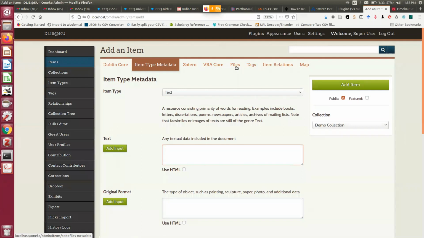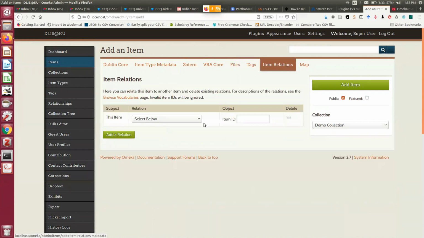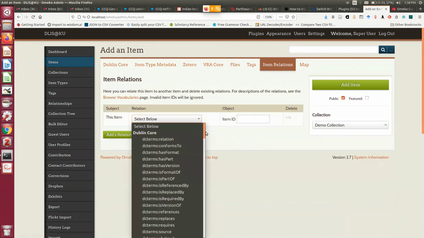Then finally you can pick the file which you are going to upload. Then you can go for item relation. If this item is related to any other item in your collection, just the item ID of that item will do, and what kind of relationship it has, you can specify.